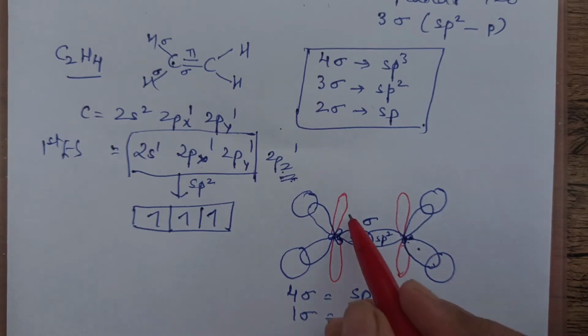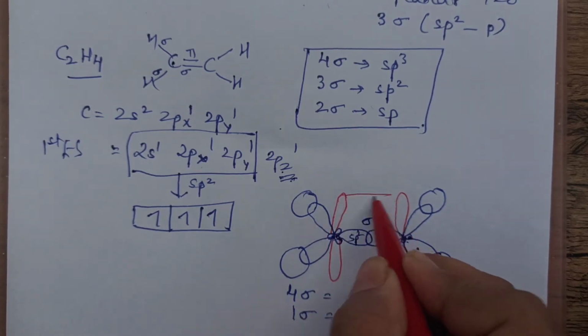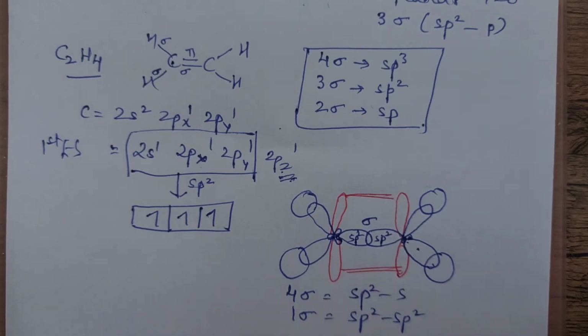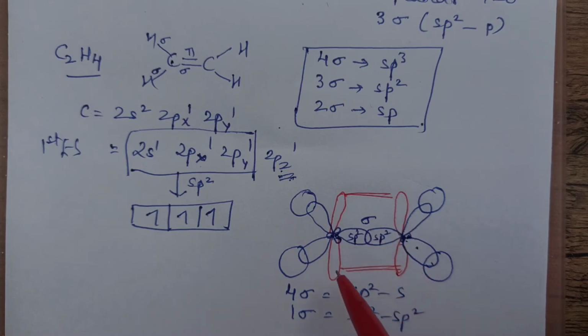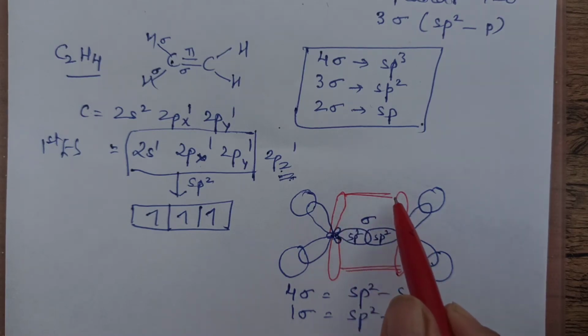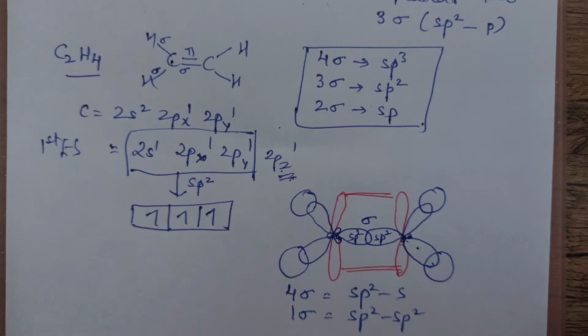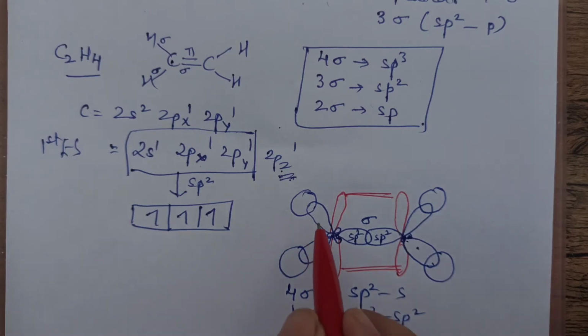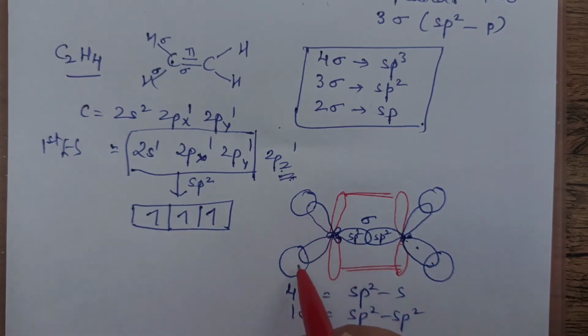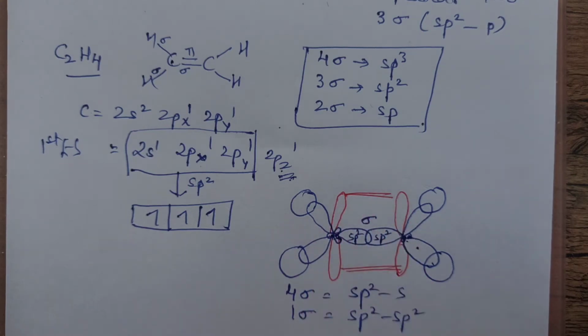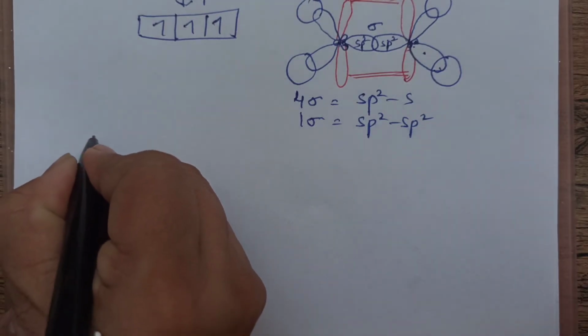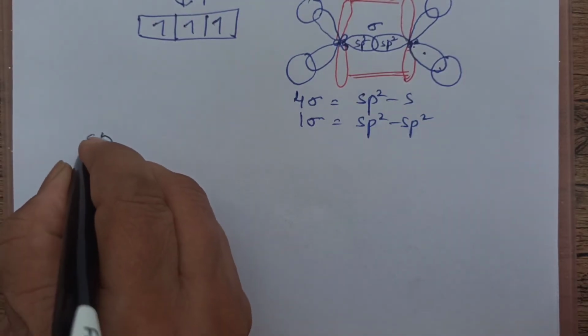And what about these pure orbitals which are perpendicular to it? They will overlap laterally and form a pi bond. Each pi bond will have one electron cloud above the plane and below the plane. Okay, one electron cloud above the plane, another electron cloud below. That doesn't mean 2 bonds are there. There is one pi bond only present between the two. Is it clear? So we can say each carbon atom is trigonal planar, 120 degree, and there is a pi bond between the two. Clear?